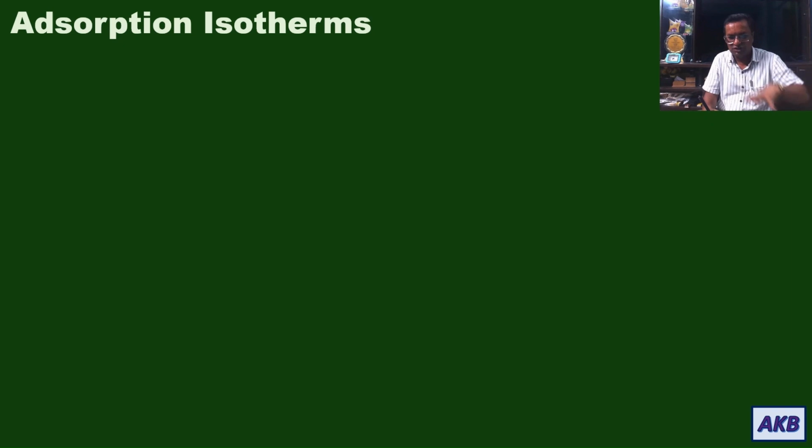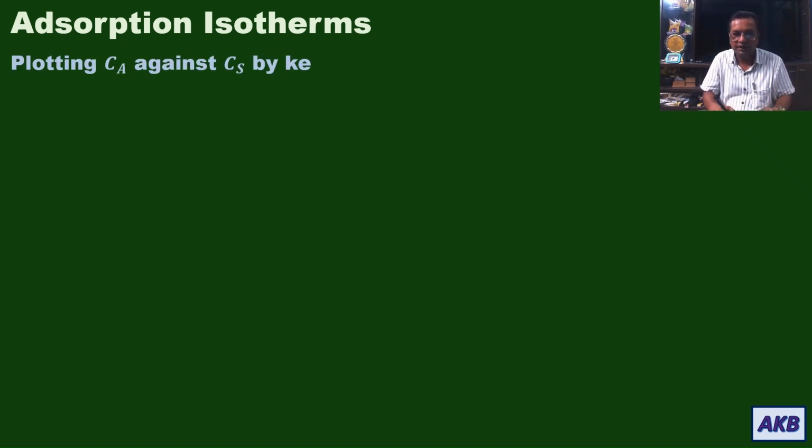Now, since the title for this discussion is adsorption isotherms, let me just tell you, you must have seen my earlier video. Adsorption isotherms are one of the ways of representing adsorption equilibrium. So let us understand more about adsorption isotherms. How are you going to get them? You are going to get them by plotting Ca, that is concentration of adsorbate in the fluid phase, against Cs